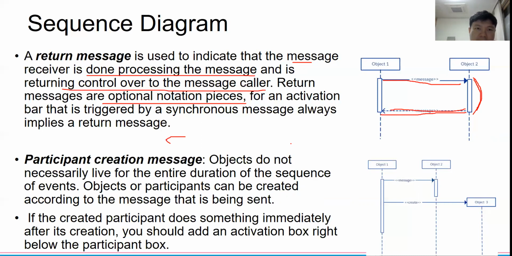There is another concept about the message in the sequence diagram. We call it the participant creation message. What is the participant creation message? Objects do not necessarily live for the entire duration of the sequence of events. Objects or participants can be created according to the message being sent. Let's say I have a message from object 1 to object 2, but after doing something, I create